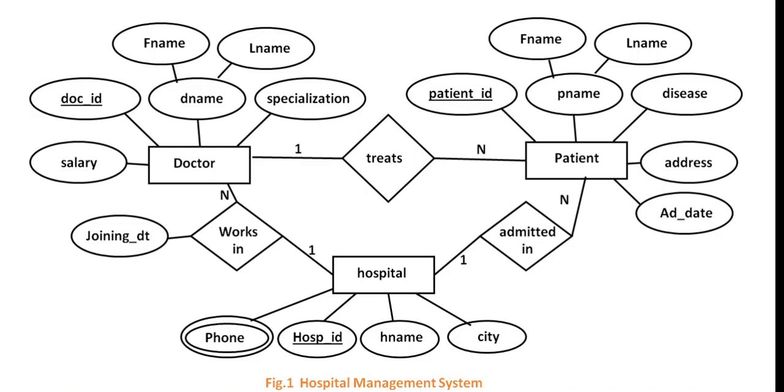Whenever you want to draw entity relationship diagram for any database management system, first you need to think about the entities that are participating in a database system. Now here, if I want to draw hospital management system diagram, then doctor entity will be there, patient entity will be there, and hospital entity will be there. Okay, these are the compulsory entities that are participating in a database management system. Many other entities are there, but we are not showing those entities here.